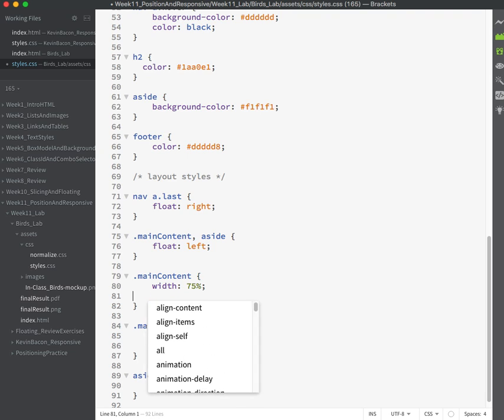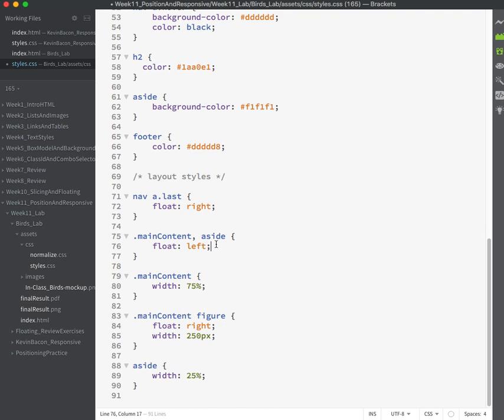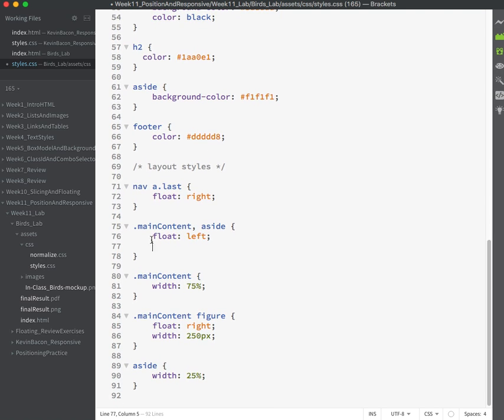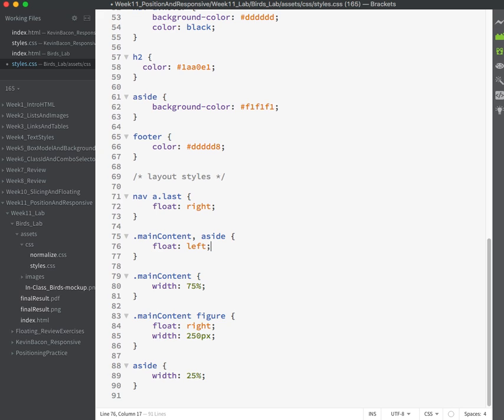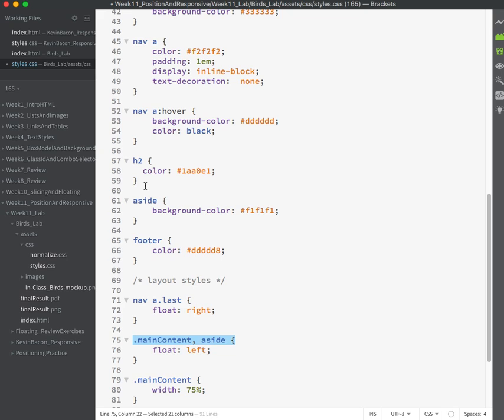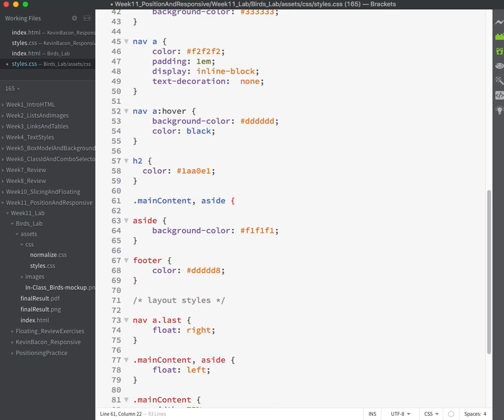Actually, I have a rule for both of those at the same time, and so I'm going to do it right here. This is where I don't typically separate my layout styles from my other styles, because I'm about to put a padding rule in here because it's a convenient place to put it, but it's not really layout. So that's where I'm a little stuck. I guess if we really are supposed to be separating layout styles from the rest of the styles, I should take the selector and repeat it up in the not layout styles area. But there's just something that makes me not want to do this, but